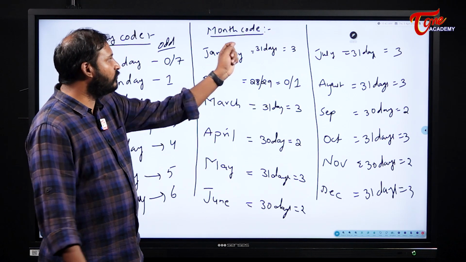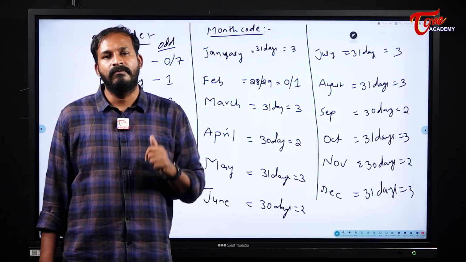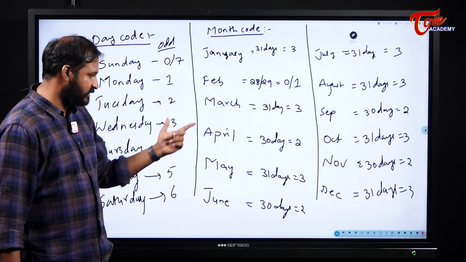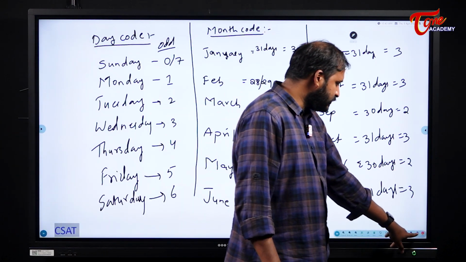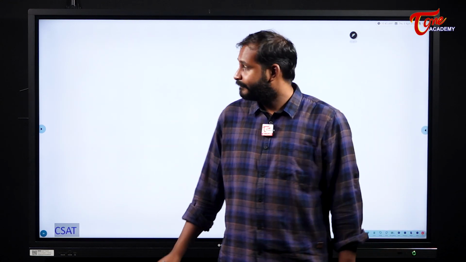Odd days or the month code is nothing but the number of odd days in that particular month. We call it the month code. So these are the month codes. These are the day codes. Next, the most important thing we need to learn is once again our